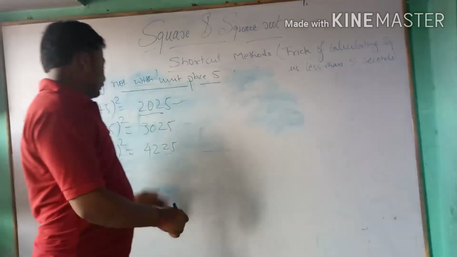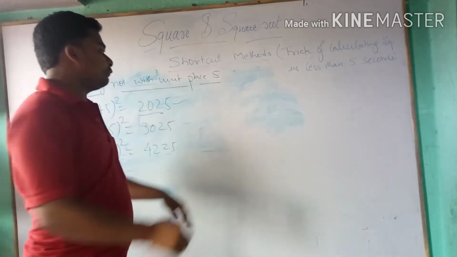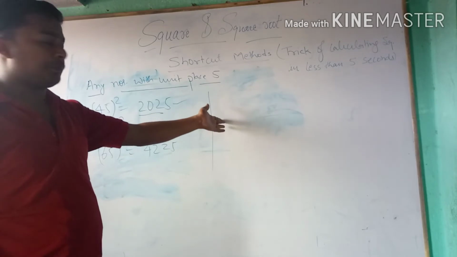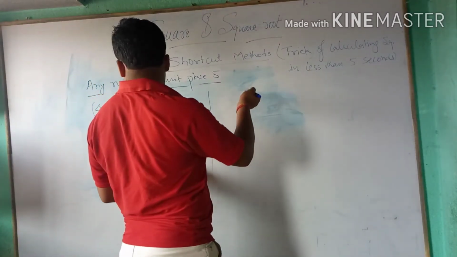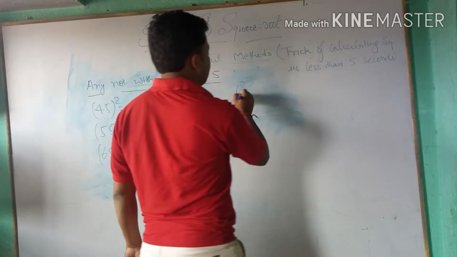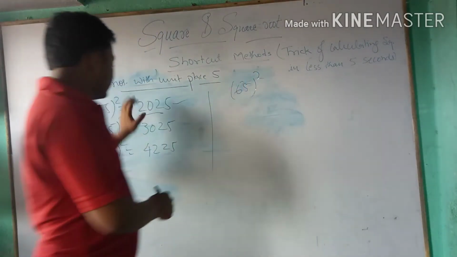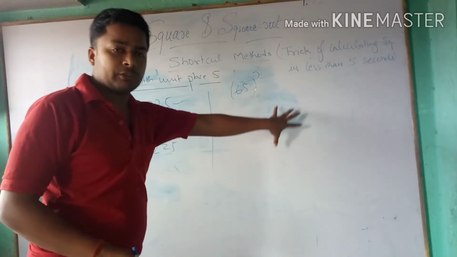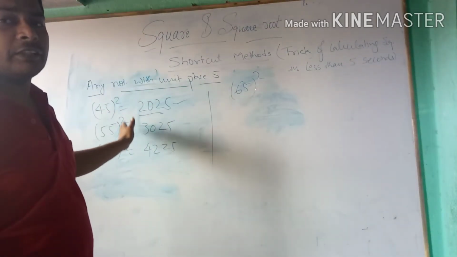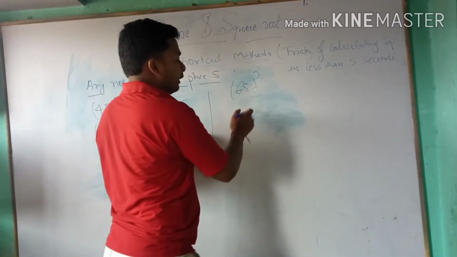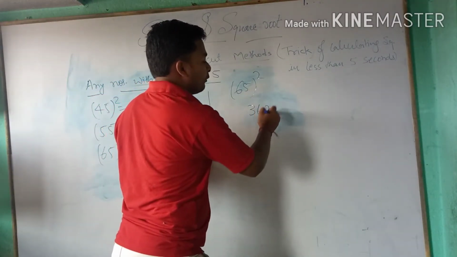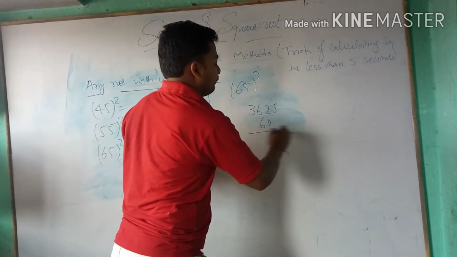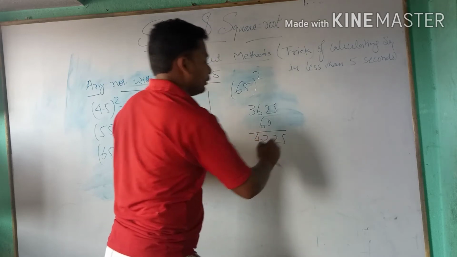Another method. I would like to give one more example of the previous one, because many of the students have not understood that part. So once again I am taking the example 65, and we will verify. This is the direct method, which can be applicable for all numbers, only when the unit place is 5. What is the square of 6? 36. 5 square, 25. The product of all these three: 2 5s are 10, 10 6s are 16, and finally we will get the answer, which is equal to 4225.